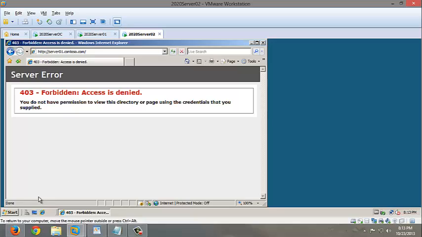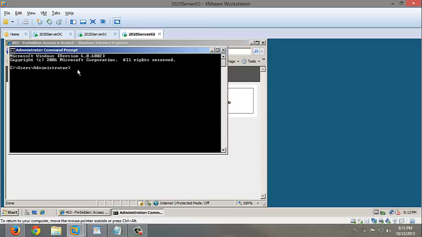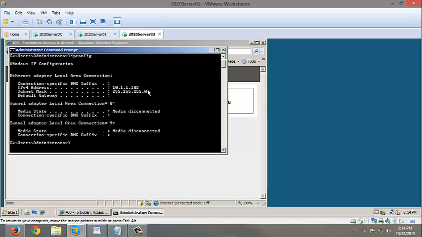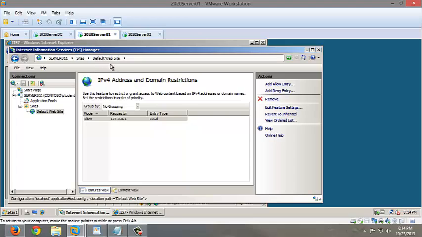So now on that same server we want to click Start and go to Command Prompt. In this window we want to type in ipconfig, and we want to record the IP address for this server along with the server name. All we want to do is see what the IP address for this computer is. So from here we're going to go back to Server 1 and go back into Internet Information Services Manager